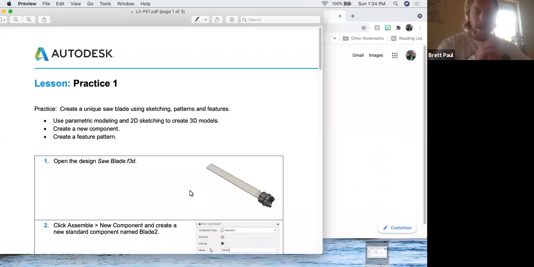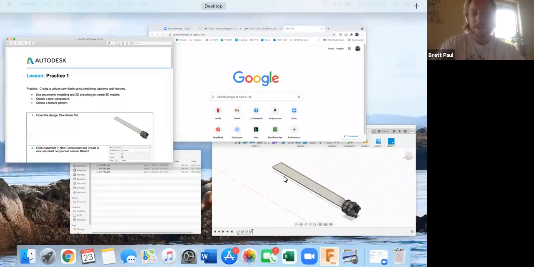At any rate, for practice 1 in lesson 5, we're going to create a new sawtooth design for this reciprocating saw. So if you haven't already done this, open up the design saw blade, which consists of 2 components: an existing blade with a specific sawtooth pattern,